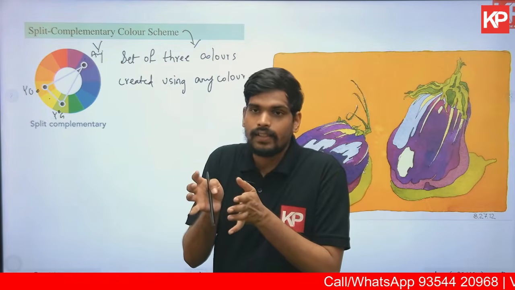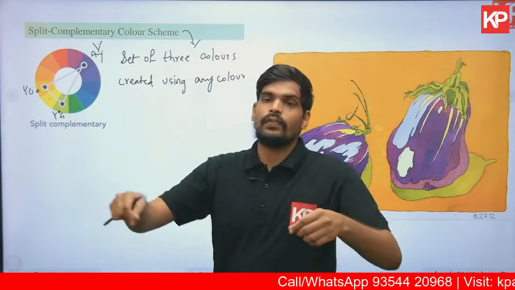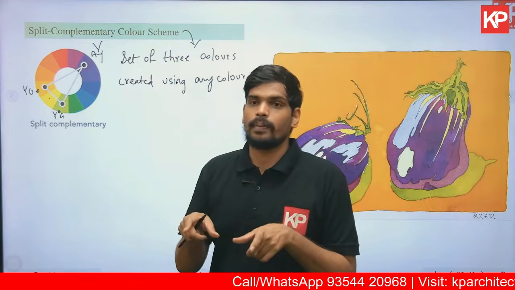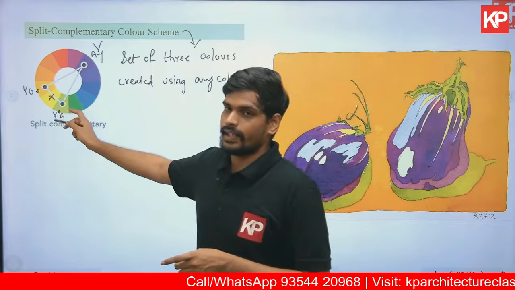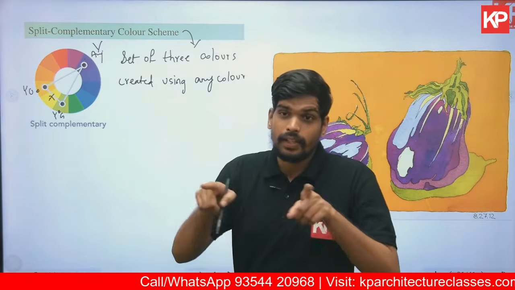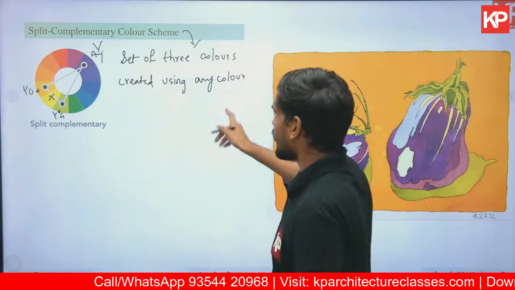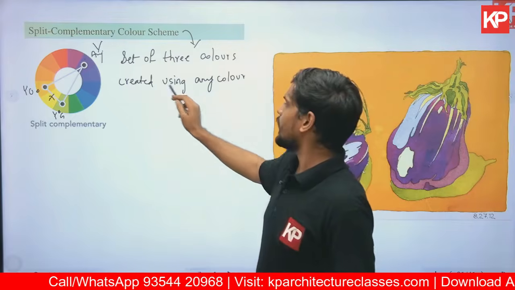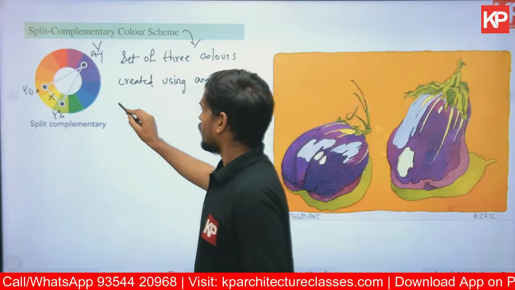So you're selecting a color and then two other colors which are on either side of its complementary, not the complementary directly, but splitting the complementary. You're taking two colors on either side of its complementary. So write down the definition: set of three colors created using any color, and